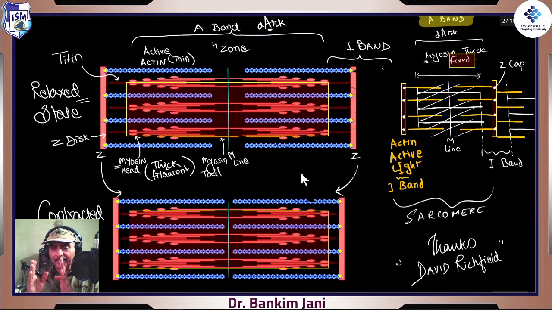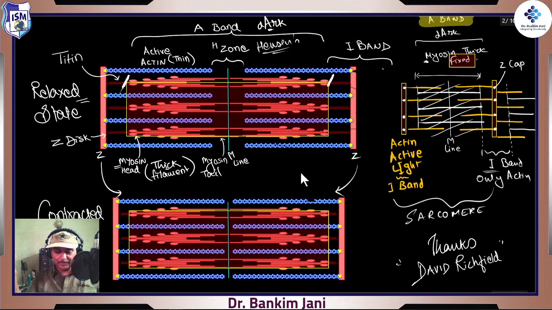So actually, half of the I band is on one side, half of the I band is on the other side of the sarcomere, right? So I band means only actin. However, A band means it is actin and myosin both, right? But primarily myosin, because even when the muscle is fully relaxed, we are still considering this distance to this distance. So that is what is called the A band. And this is considered the H zone, Hensen's zone,